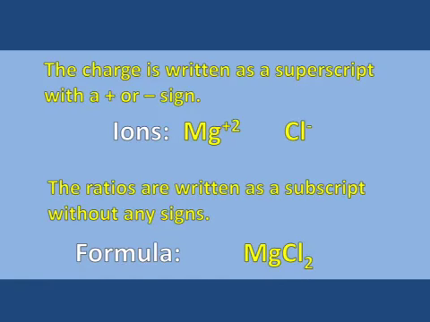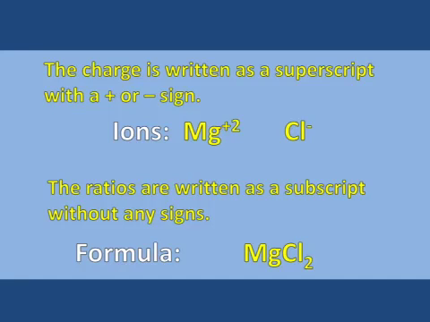So how do we write the numbers? And do we always write the pluses and minuses along with the numbers? When we have the ions, when we're just trying to say, okay, this is a magnesium ion or this is a chlorine ion, we do write the charges, we write the signs. But when we finally put everything together, when we write the actual formula, we do not write the charges, we